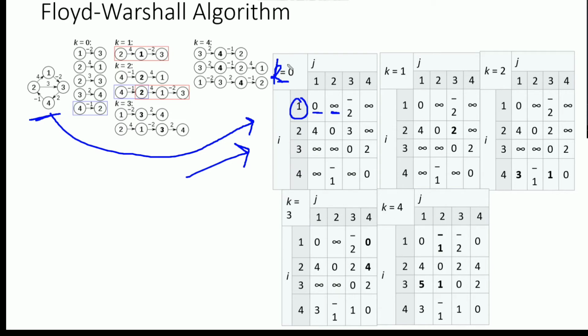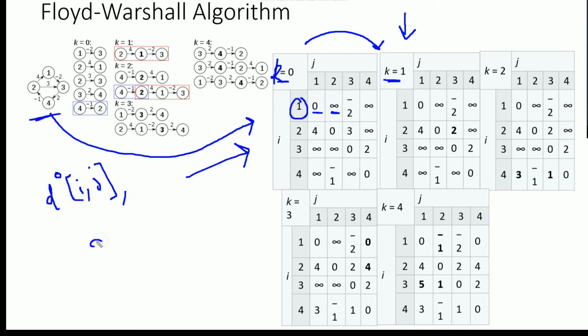After constructing k equals 0, what we have to do is take each vertex as an intermediate vertex and construct the matrix again having the shortest distance value, assuming each vertex as its intermediate. So right now k equals 1. It means that vertex 1 is an intermediate. If vertex 1 is an intermediate, we need to use the formula: in order to fill this matrix having vertex 1 as an intermediate, either the shortest path will be the same,